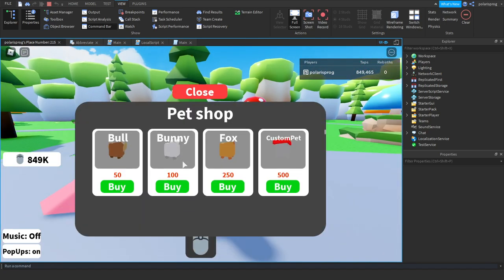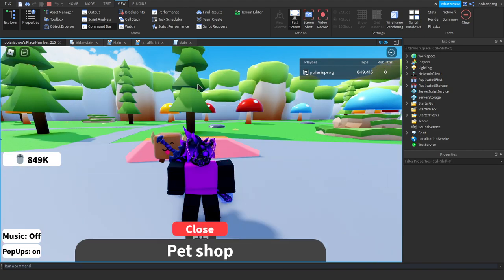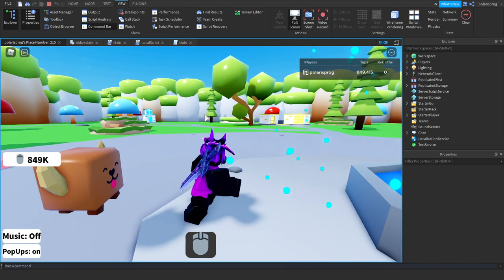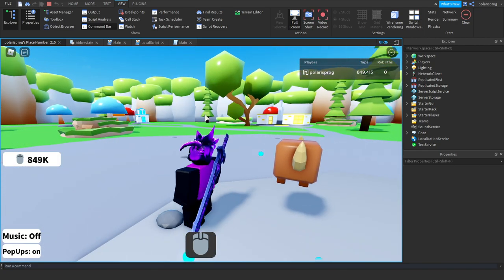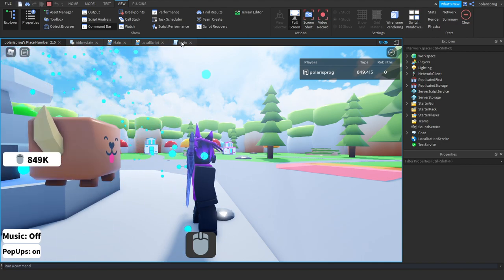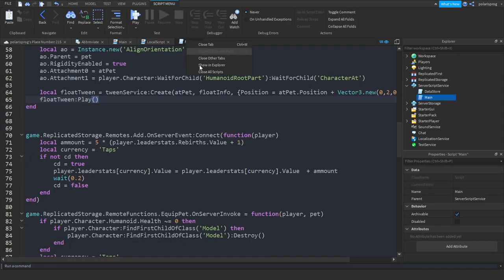So let's go to the pet shop. Let's look at the ball. Now it should float, and as you can see, it has a nice floating effect to it. So I really like that, but I think we should change the speed. So let's do that right now. No, I think not the speed. I think we've got to change the